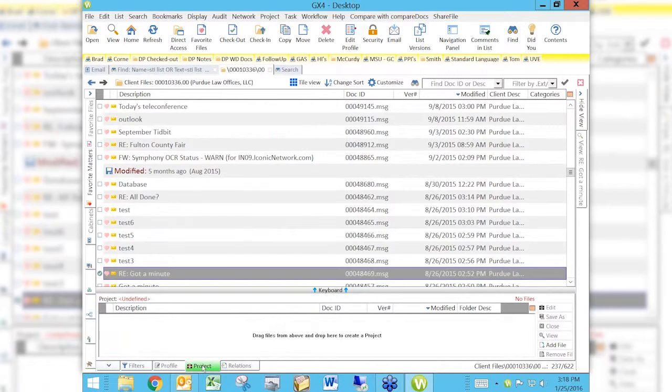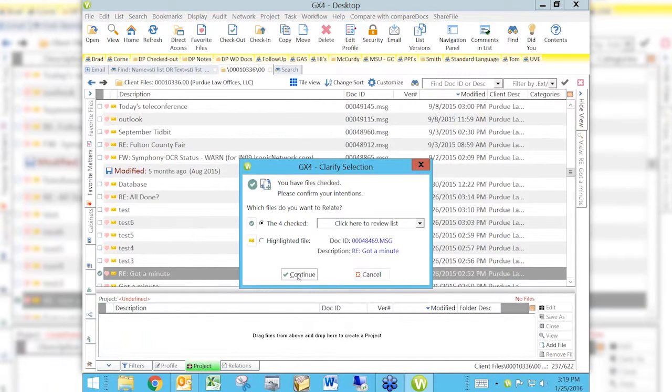So we have this thing called a project, and you'll notice that the icon for a project is a little mini briefcase. It's like taking those documents and putting them in a briefcase so that you can give that briefcase to somebody else, or keep those documents together in there. The only difference between that and a real briefcase is you're really just throwing pointers to these documents into the briefcase. You're not taking the documents out of Worldox. They're still there, but when you drag them down here into the project area,